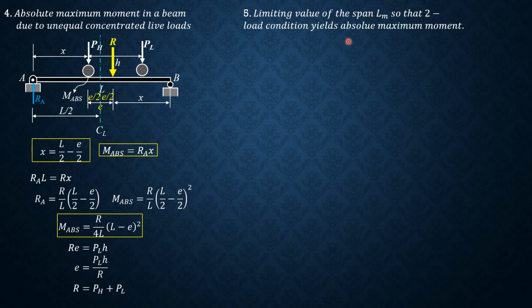So the idea therefore is we equate the absolute maximum moment when there are two loads on the span to that of the absolute maximum moment when there is only one load on the span. And for that to be absolute, it should be the heavier load at the center. So moment absolute when there are two loads equals moment absolute when there is only one load. This moment absolute when there is only one load is P heavier L over 4, remember, when it is at the center. While if there are two loads, this is the formula, we just replace E by